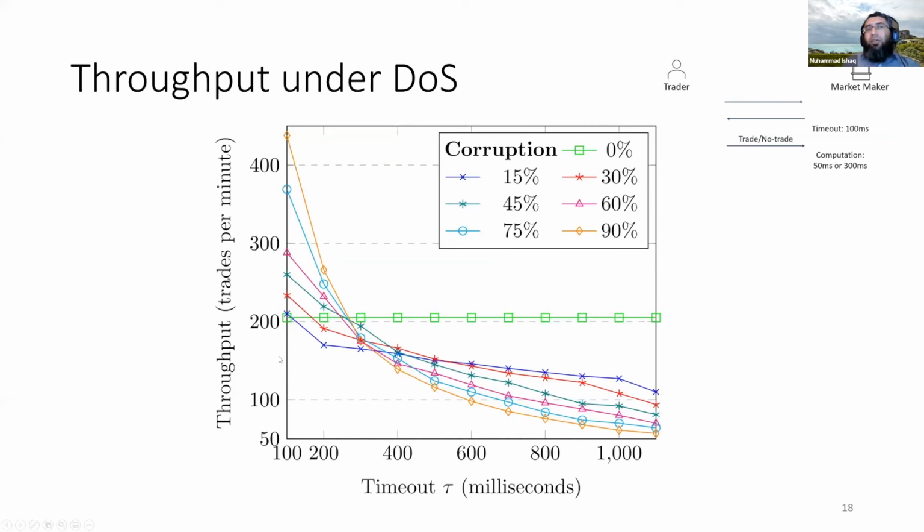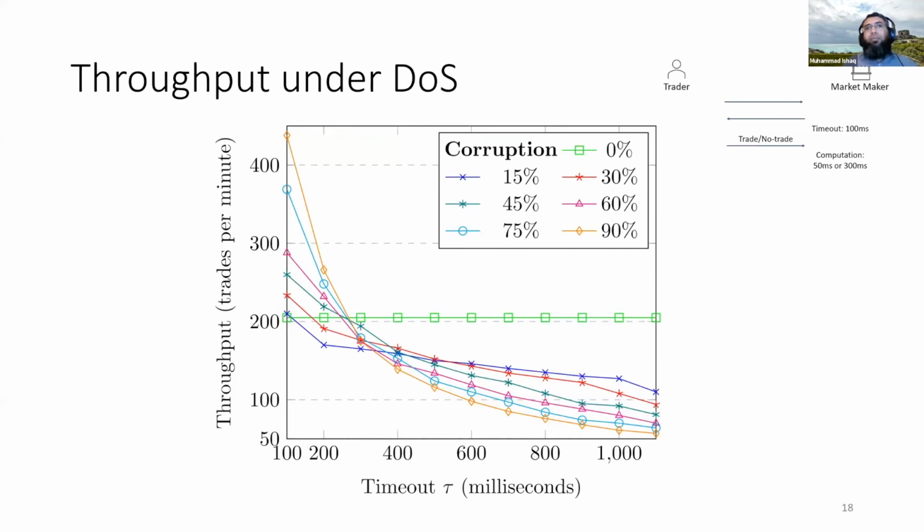However, as soon as this timeout goes higher, then the throughput starts suffering. In a real life setting, many honest traders would also probably choose no trade if, for example, the prices are not favorable. So this 200 trades per minute should really be thought of as the lower bound. Okay. So in a typical denial of service attack, we are very competitive. This is actually not the worst that can be. This is not the worst way that someone can attack our system.